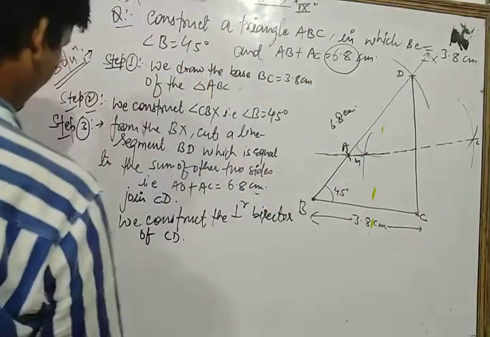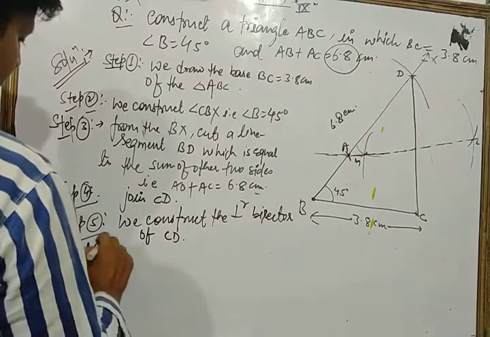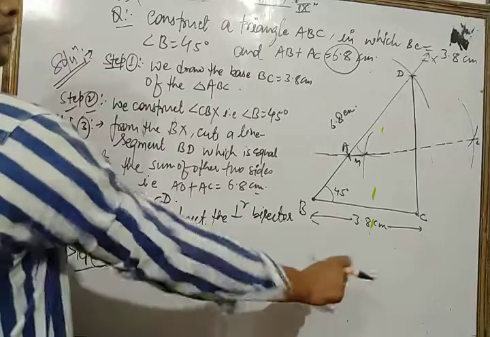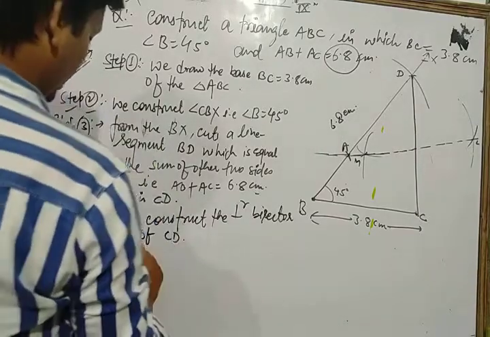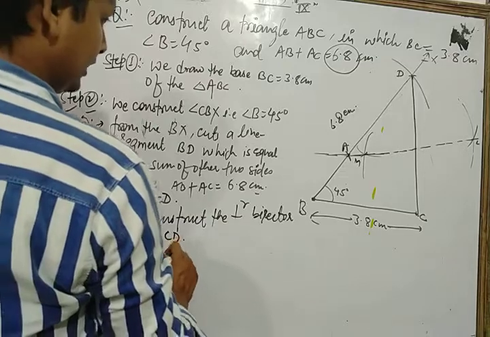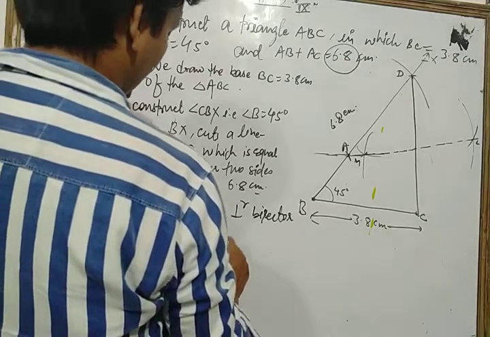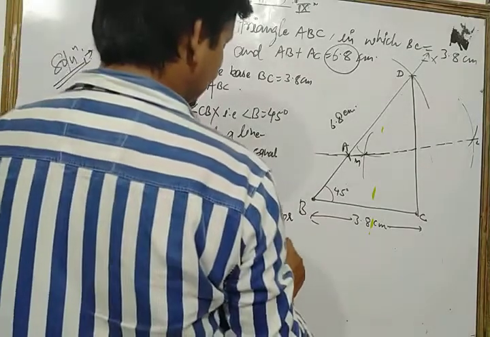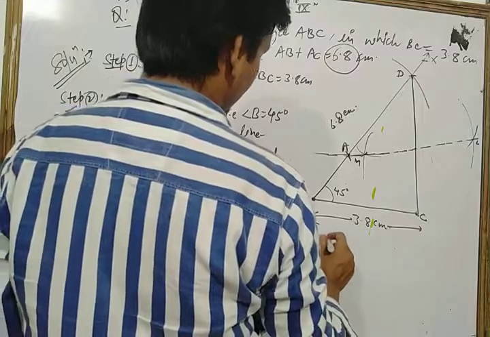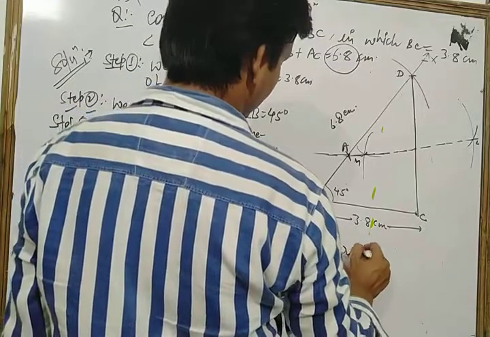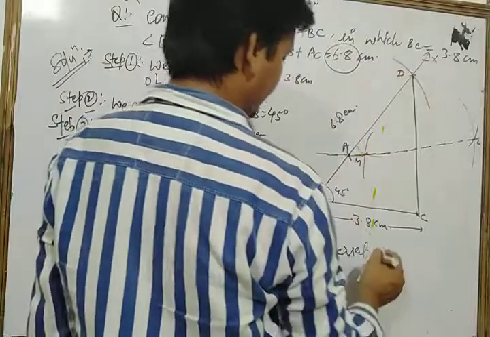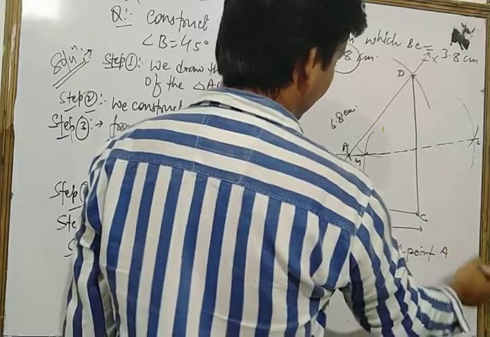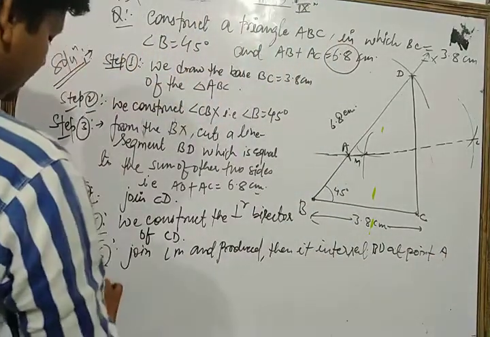Now in step 6, we join LM and produce it, then it intersects BD at point A. Now in the last step, step 7,